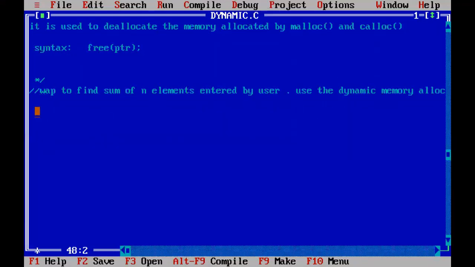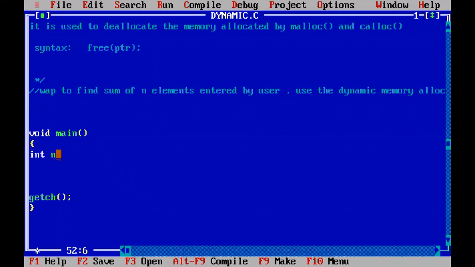So start writing the program with void main. Write down one getch, and here I am creating integer type n, where n represents the number of elements.